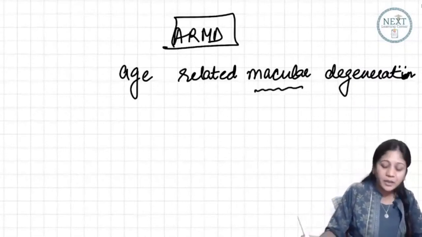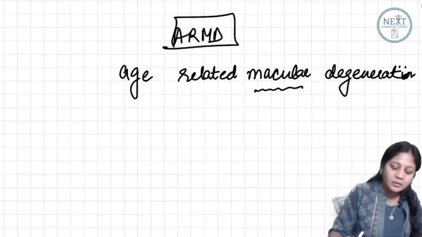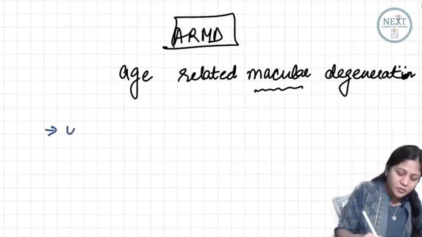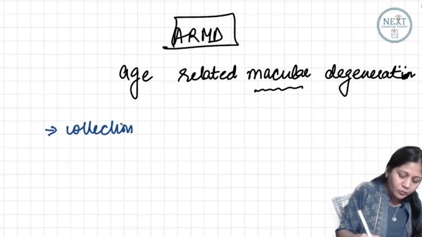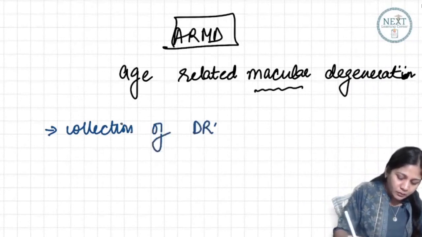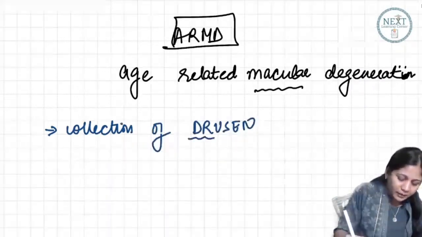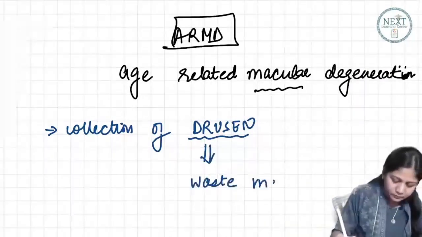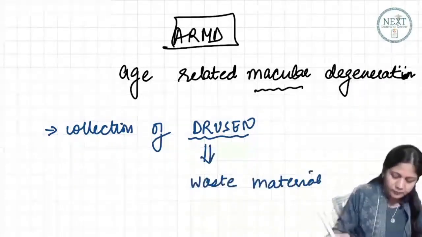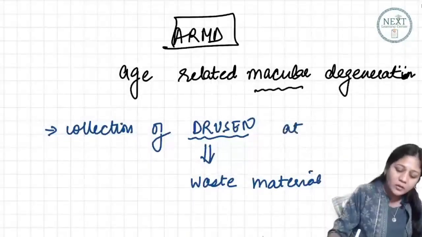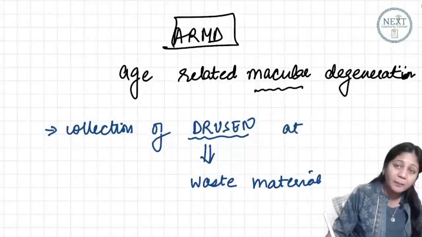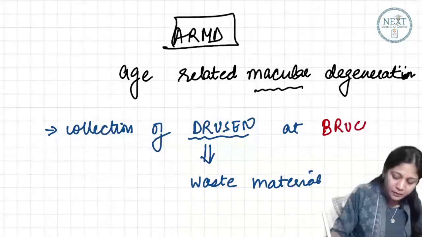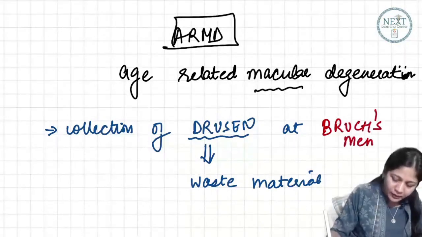Degenerative change. ठीक है. अब degenerative change में क्या हो रहा है बच्चे? There is a collection. You see, there is a collection of drusen in the macula. And what is this drusen? This drusen is a waste material. ये ड्रूजन कहाँ कलेक्ट हो जाता है बच्चे? ये ड्रूजन कलेक्ट होता है मैक्यूला में ब्रूक्स मेम्ब्रेन पे।